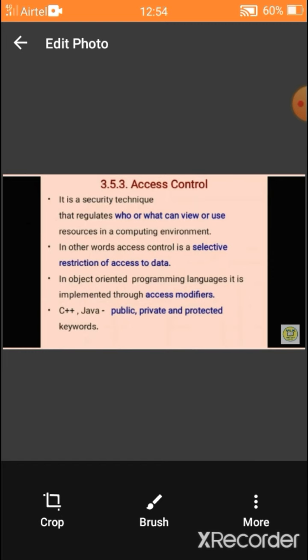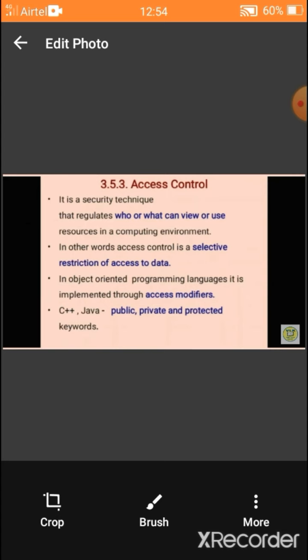If you want to protect your data, we have to use private members. If you use variables as private members, those data cannot be used by other programs. Do you all remember that concept? That is called access control. To secure your program, there are three visibility modes available. Those protect your data. So now look at the definition for access control.